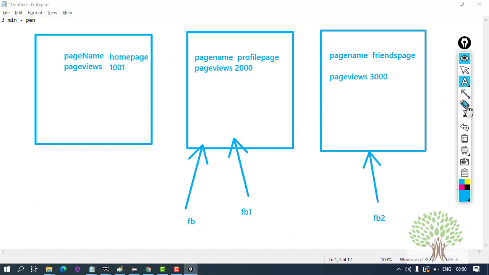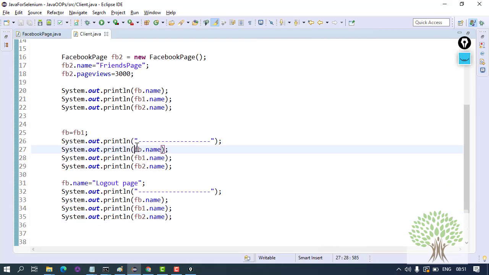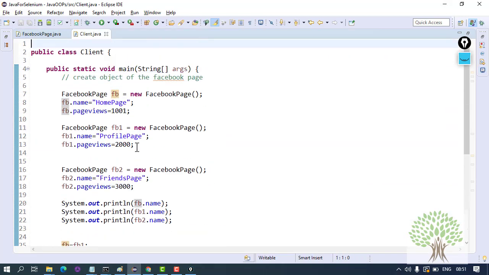Any one reference can change the state. Any one of them can remove this profile page and update it. This became logout page right now. Okay, right. So this is what objects and object references are.